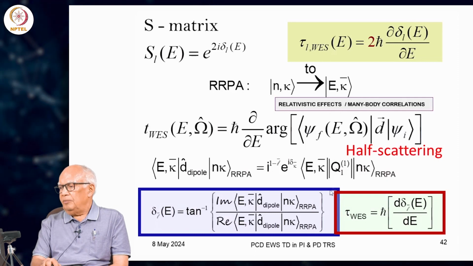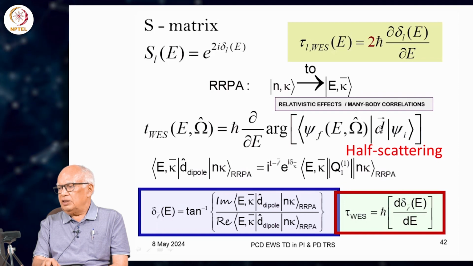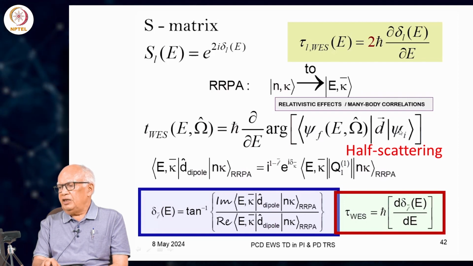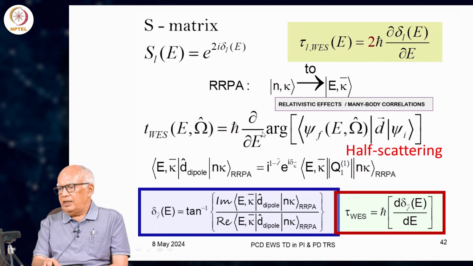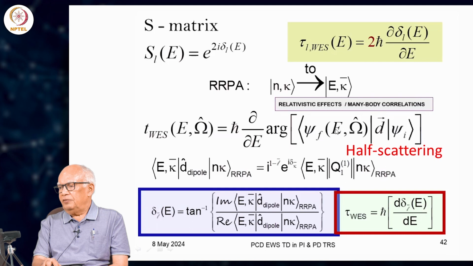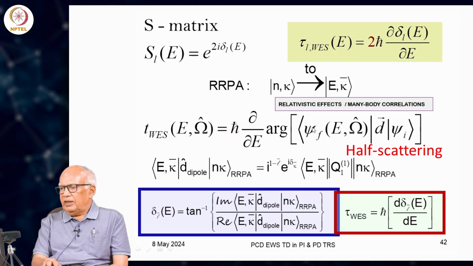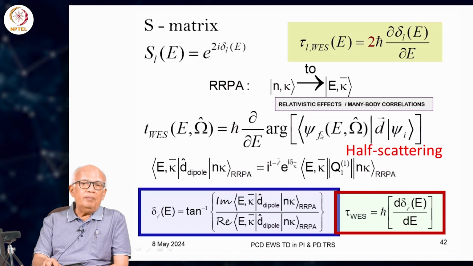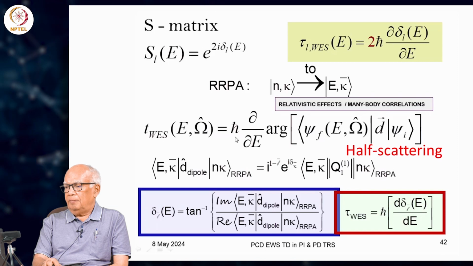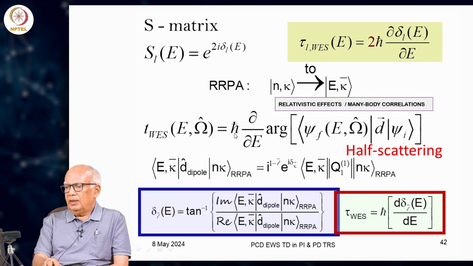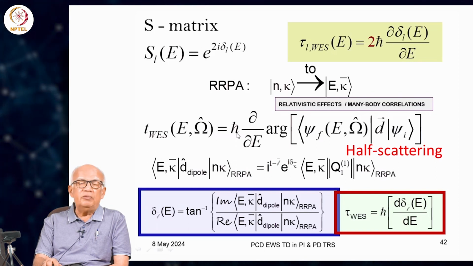So, you have got an electron in the initial state. This is the operator which induces the transition from an initial state to a final state. So, this is the matrix element. So, we take the argument of this matrix element, taking care that the final state wave functions are obtained using ingoing wave boundary conditions, and there is no factor of 2 here. This is just h cross del by del E, and this is how the photoionization time delay